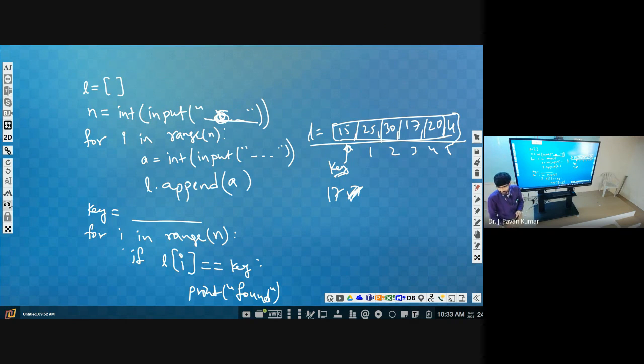How can we terminate like that? By using break. Whenever this is equal, then we can say it is found and we say break. After coming out of this loop, we check the value of i. If it comes before the end, then it is found. If the i value is equal to n minus 1, that is, it has gone up to the end of the list, then we can say it is not found. That condition we will check. This is an exercise for you. What is the condition that we have to put, you do it. The entire program I have written, you just have to check.